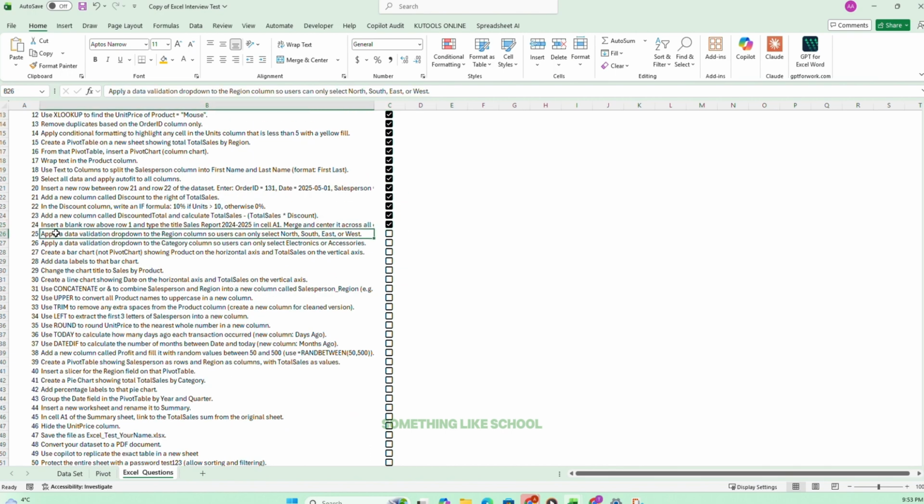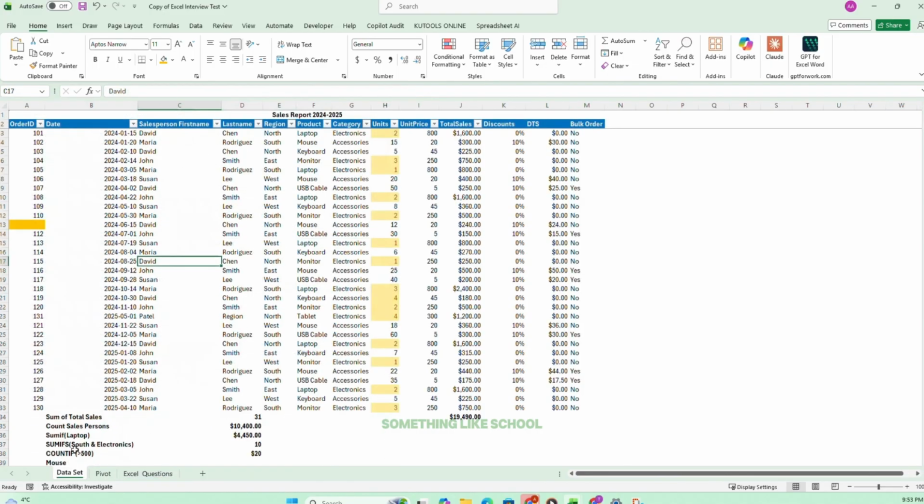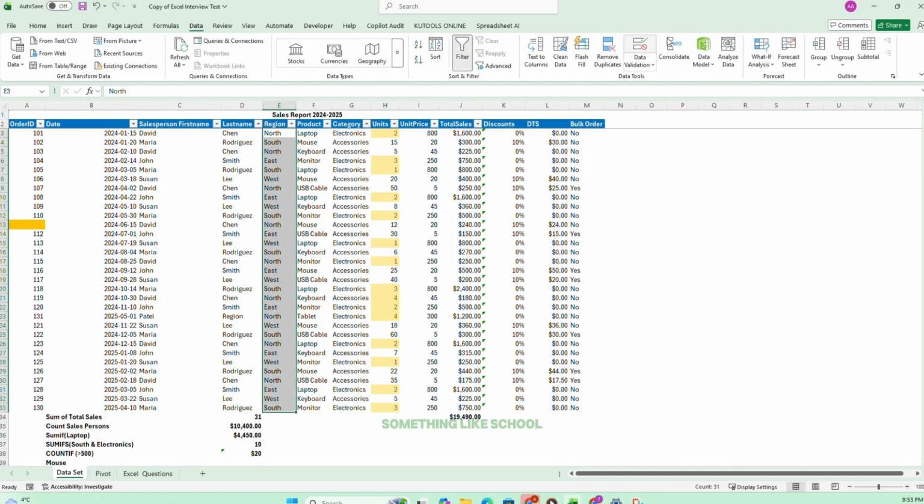Next, we are asked to apply a data validation dropdown to the region column, so users can only select north, south, east, and west. So you come to your data set and you highlight everything, then you go to data,